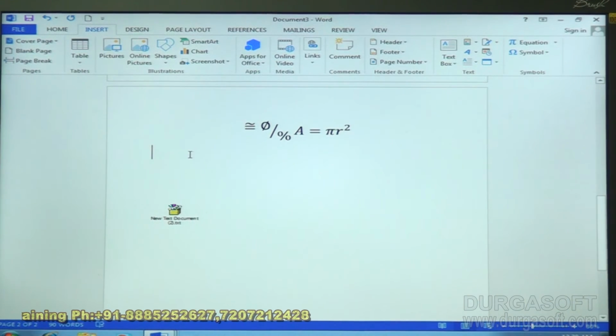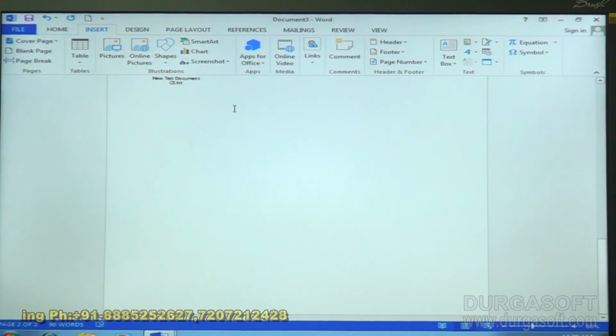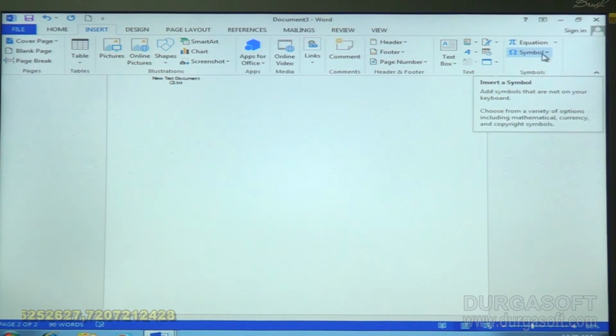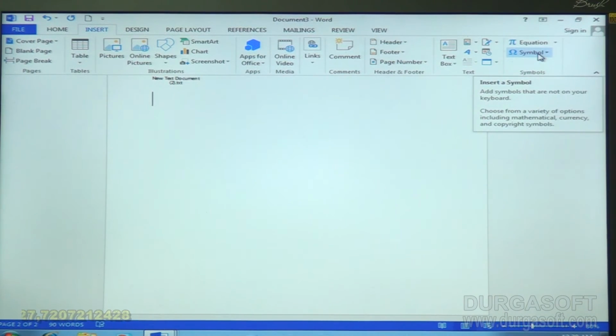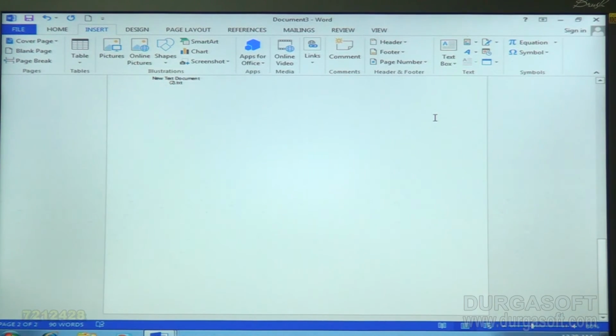For example, if you are doing any projects and want to insert different types of symbols in your document, which are present on your keyboard and which are not present on your keyboard, we can do it with the help of this Symbol option. This same option is present in Excel also. So if you want to insert arrow marks, left arrow, right arrow, you can insert this